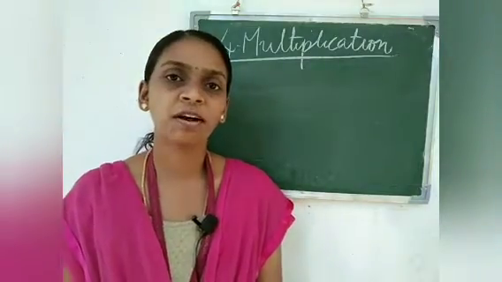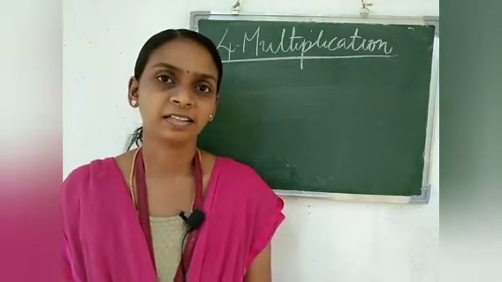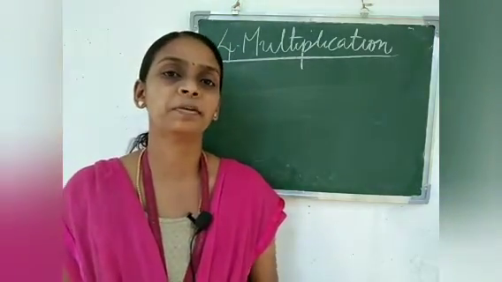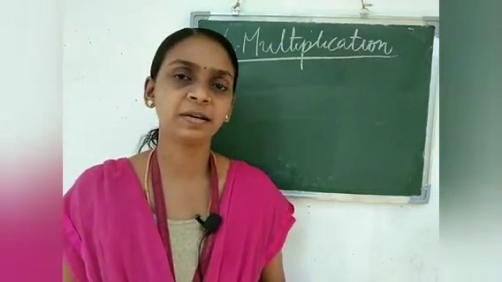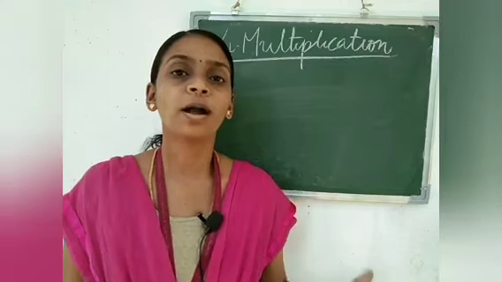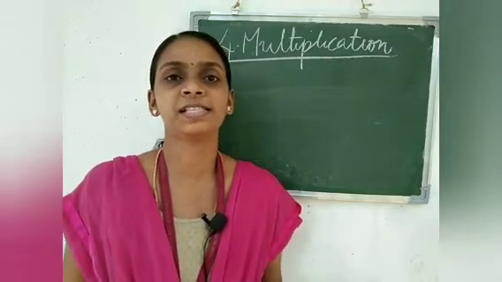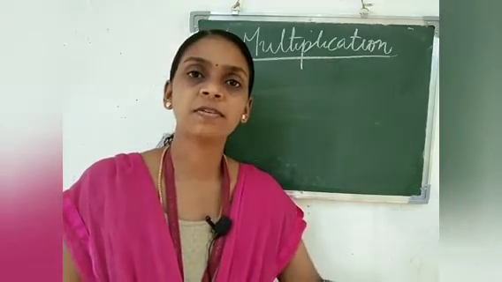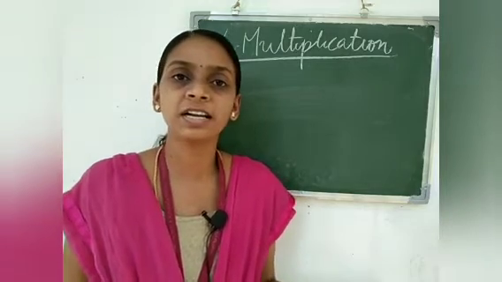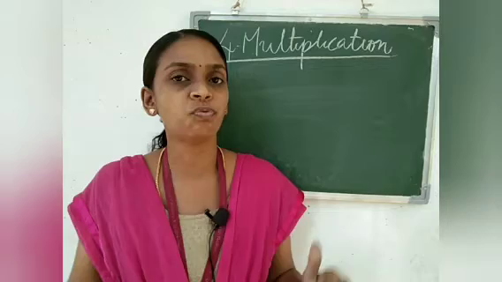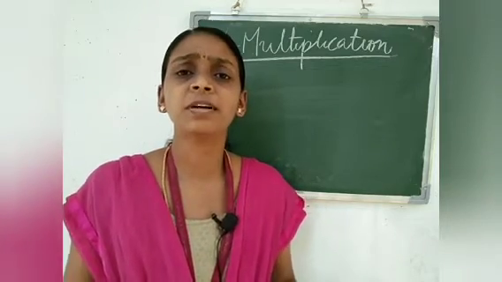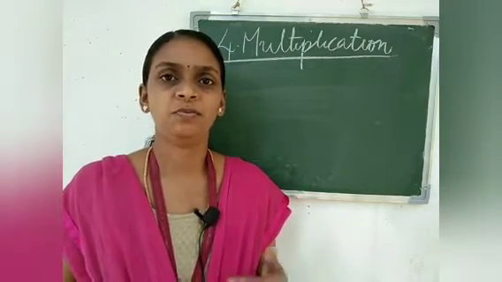So we watched what we studied in the last year. That is, we began the chapter multiplication. Already we studied multiplication tables of 1, 2, 3, 4, 5, 6 and 10. In second standard, first we studied the multiplication tables of 1, 2, 5 and 10, that are very easy to study.